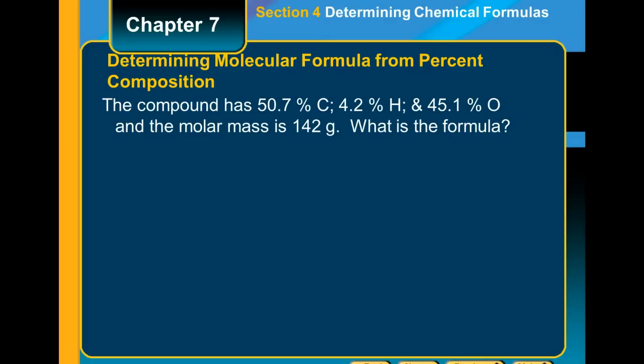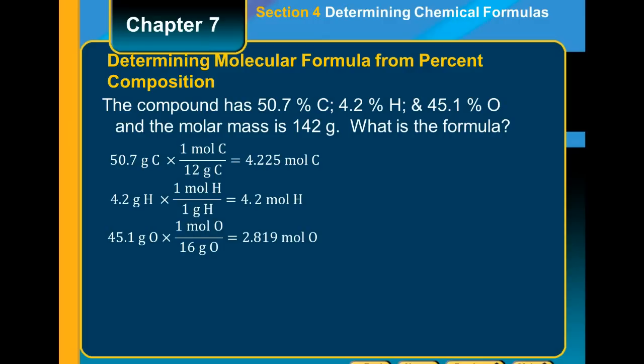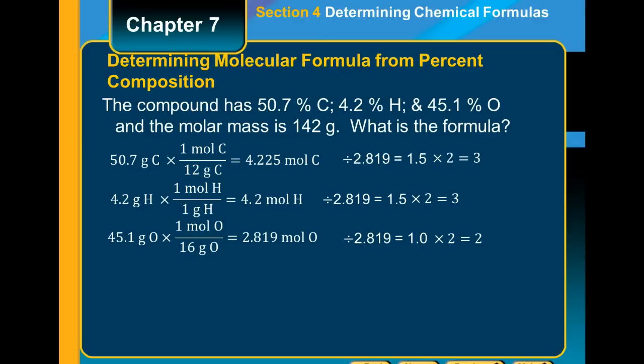We're going to take our percentages there and find the number of moles. And then the next step would be to divide by the smallest number, which is the 2.819. And we would get a ratio of 1.5, 1.5, and 1. Since they are not whole numbers and not close enough to be rounded, we're going to multiply them all by 2, and we get 3, 3, and 2. So our empirical formula is going to be